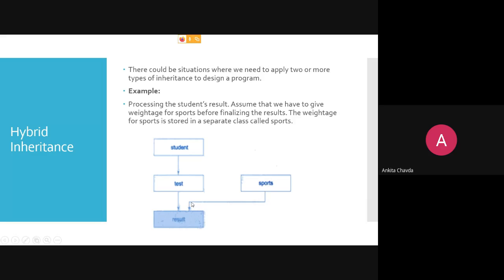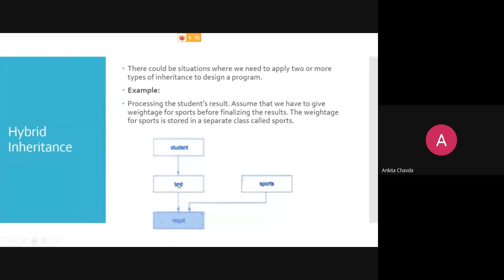So we have to add those data even over here, so marks subject 1 plus subject 2 plus sports marks, and then finally we will prepare the result. So in such a situation, we would be having multiple inheritance over here. You are having two parents, test and sports, right?